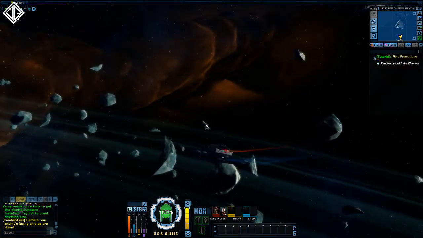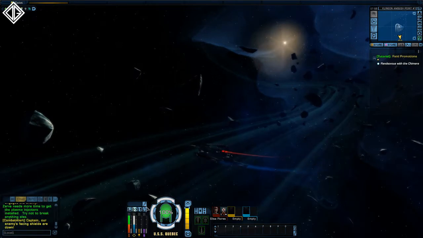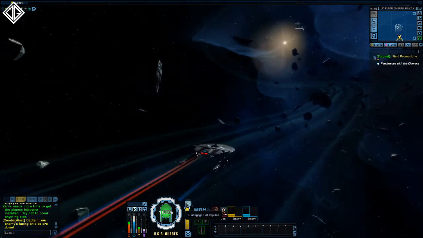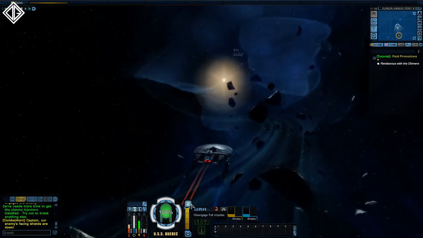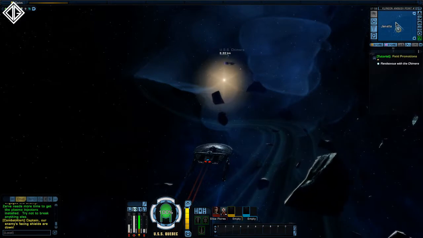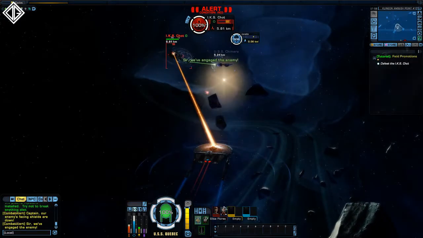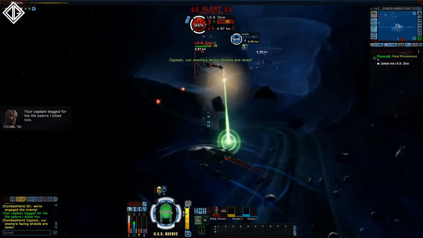Typical, I'm pointed in the wrong bloody direction. Let's go back to the fence. Let's zoom in again over on the map. There we go. What's going on? Those pesky Klingons. It seems they're aggroed on Chimera mainly, so...